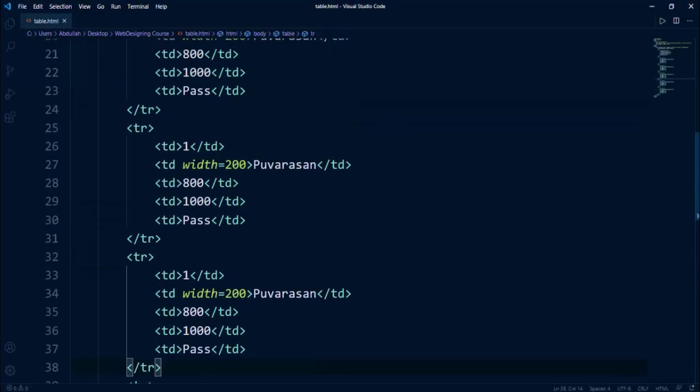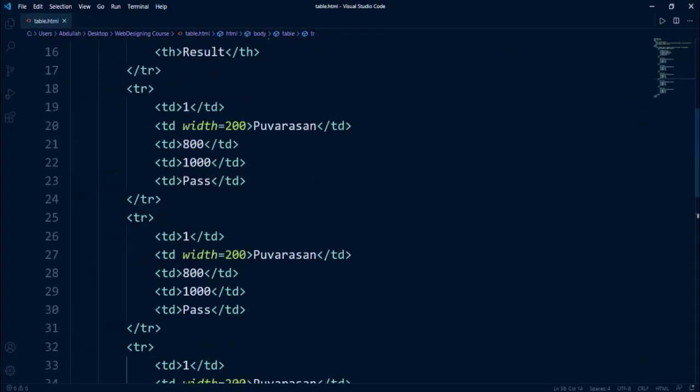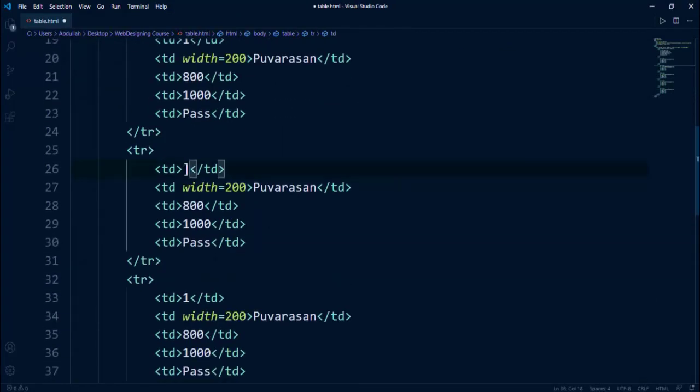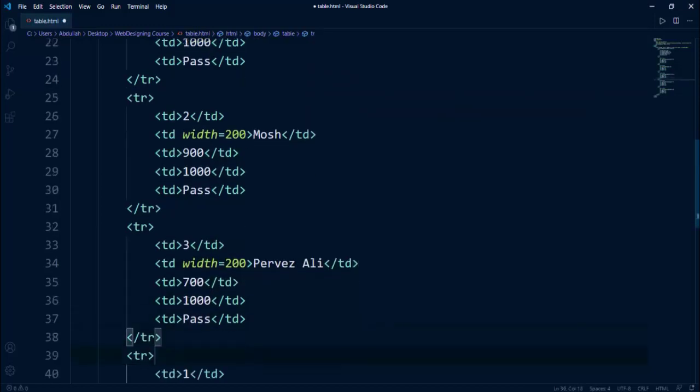Now quickly I will rename the data. I will say this is 2, and he is not Puarasan, he is Mosh, and after that I will change his marks. I will say he has 900 marks. I will say third, and he will be Parvez Ali, and his marks will be 700. He is pass.